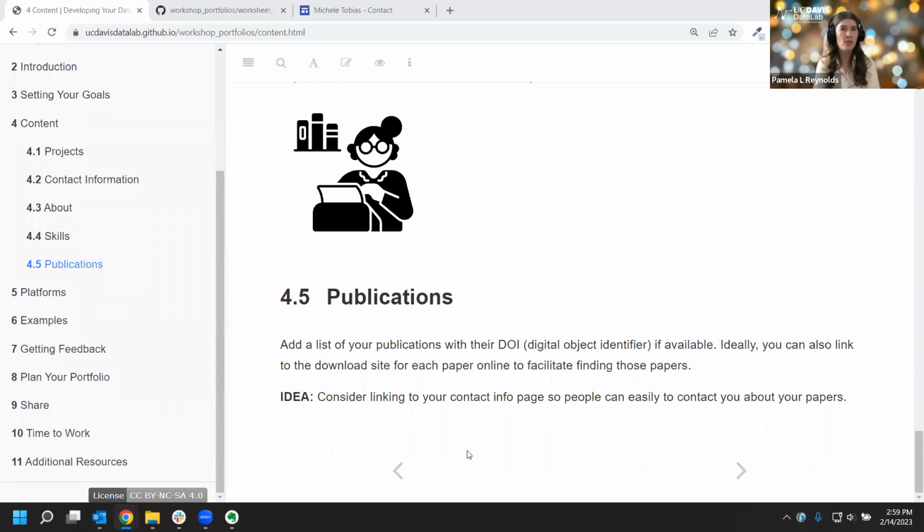There's a good question in the chat that I'm just going to address verbally, if that's okay. Regarding, okay, so you did a bunch of work and you published it in an academic journal. Should you repopulate that in your portfolio? My initial reaction is, well, why? Why would you repopulate it? Off the top of my head, maybe the goals of your portfolio don't align with who would be